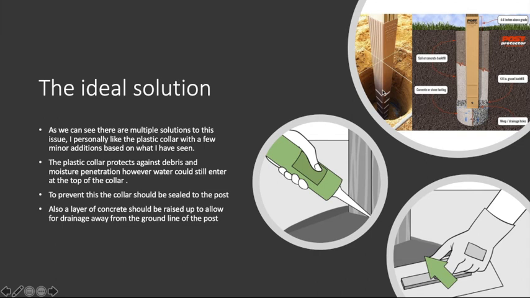So the ideal solution, from what I've gathered through all this research, is a physical barrier like the plastic fence post, as we've seen here. The ground level should be raised up against the base of the fence post to allow debris to escape. Also, at the gap at the top of this plastic barrier, there should be a level of sealant to stop the